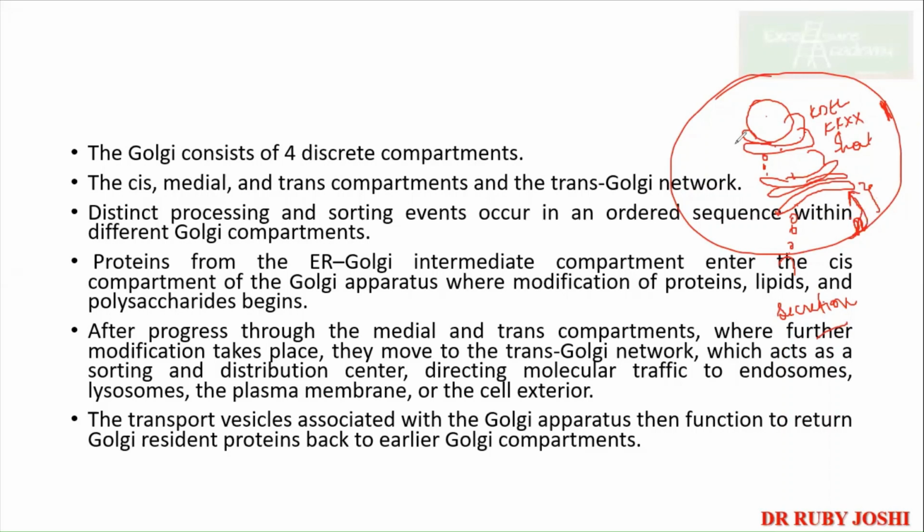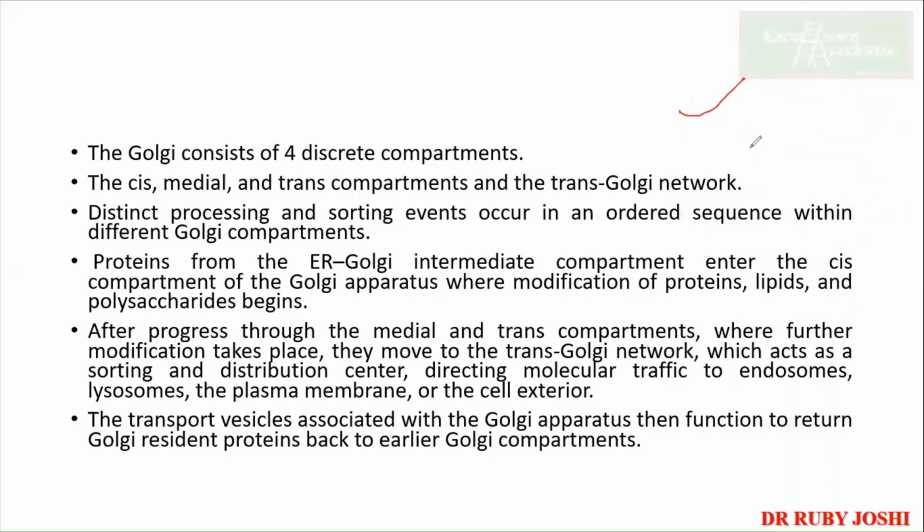Okay. What you need to understand here is that, suppose this is the trans-Golgi and this is the plasma membrane, the vesicle which has formed gets fused to this. Let's say it increased by this much. It does not mean that immediately after the secretion, this region will be pinched off and go back for binding with the Golgi apparatus. It's not necessary that the same region goes. It can be from the other area also, but having the resident proteins of the Golgi apparatus. Did you get the point here?